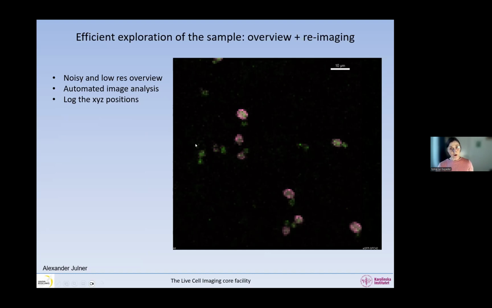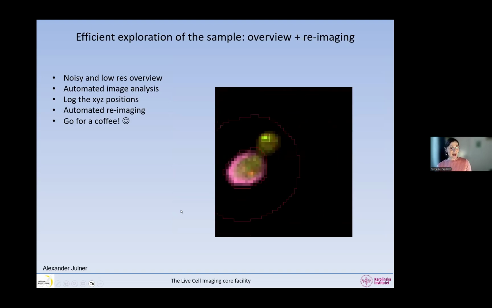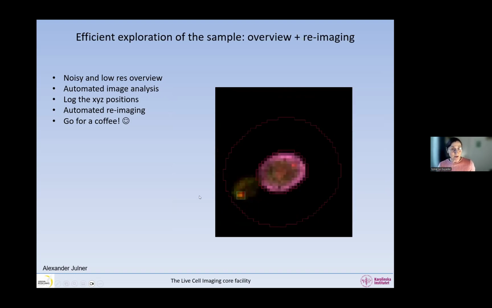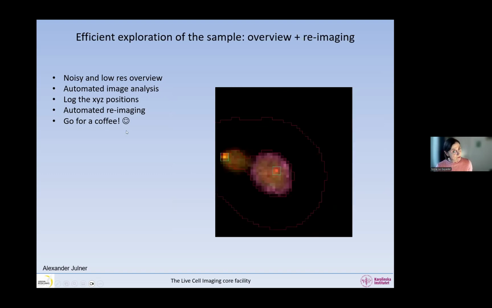And then we get a log of positions, and the settings are automatically changed and everything is re-imaged in such a way that we then get a high resolution image like this with all the colors that we want and everything. And you see how this image has been analyzed automatically. And so while it's doing it and imaging just the stuff that you're interested in, so you only get the images of the things that you're interested in, this is very useful, then you can go for a coffee,